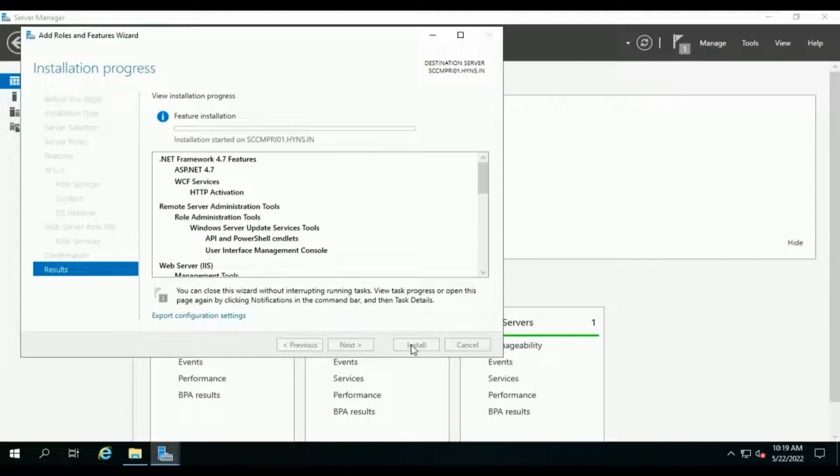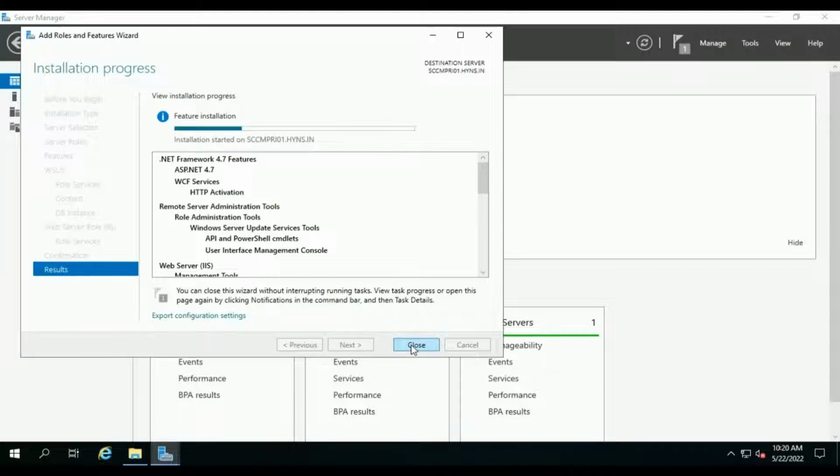Once it is completed, we need to perform some post installation tasks here. In the post installation task, it will create the SUSDB database. Also, it will run the database script in the backend.